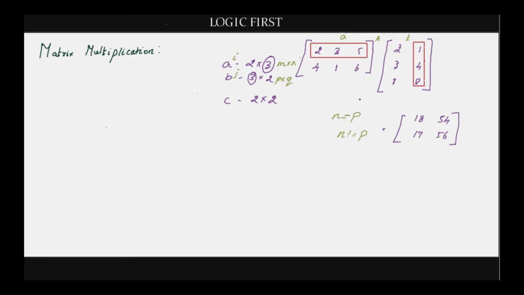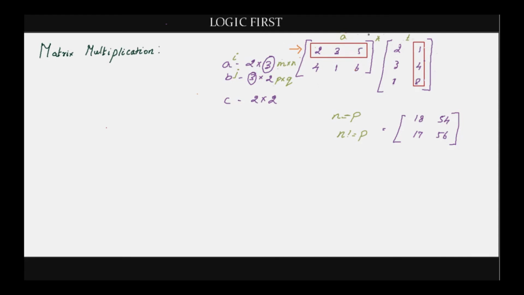Now that we have scanned the two matrices, let's get to the main logic. So let's generalize what we are doing. First, we are taking one row at a time from matrix A, and for each of those rows, we have to multiply by taking one column at a time from matrix B. For each of those rows, we are multiplying with all the columns in matrix B.